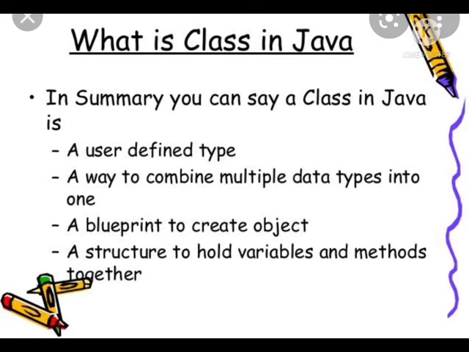Now what is class? Class is a user defined data type. Why is it user defined? Because it is defined by the user, and when similar objects are grouped into a single one, that single unit is called class. It is also called blueprint of the objects. It has variables as well as the methods of that objects. Class can be defined as a blueprint or a template of the similar types of objects which have some attributes and behavior, which have the same properties but have different values of those properties.